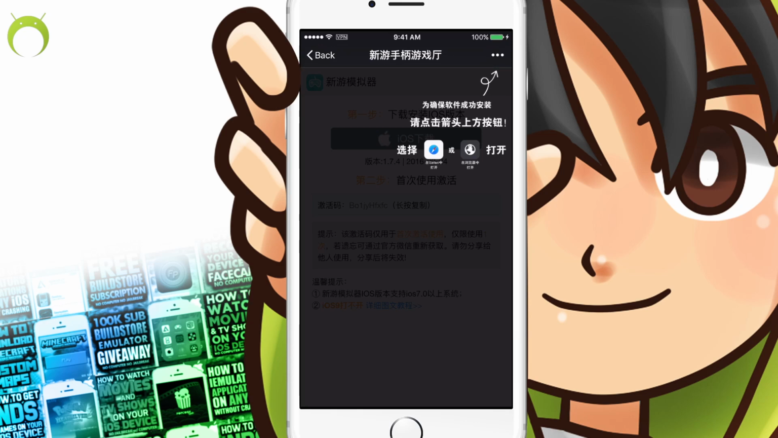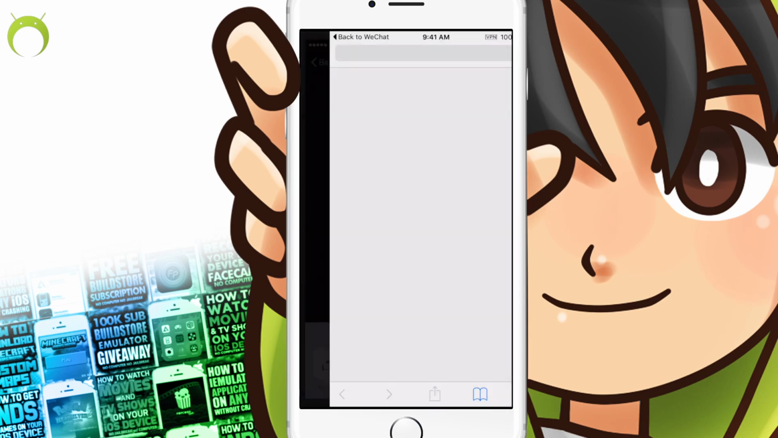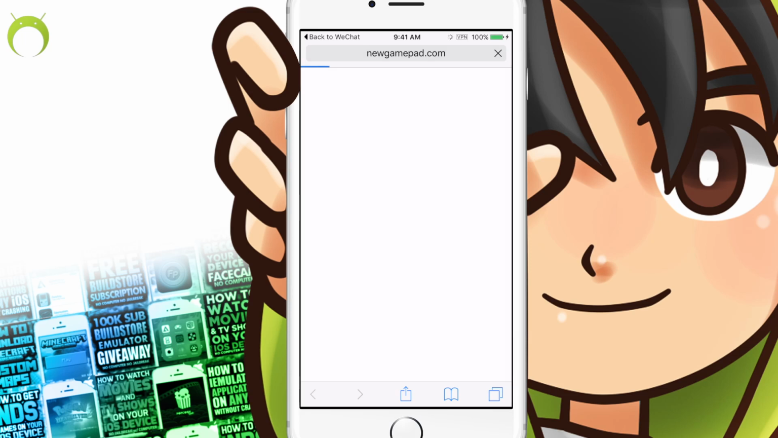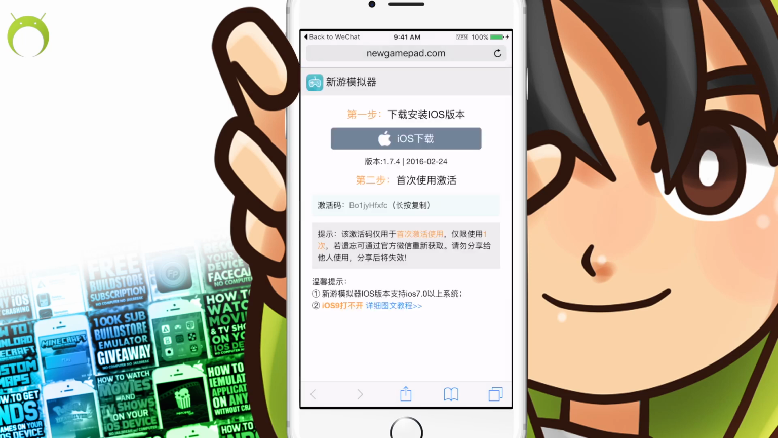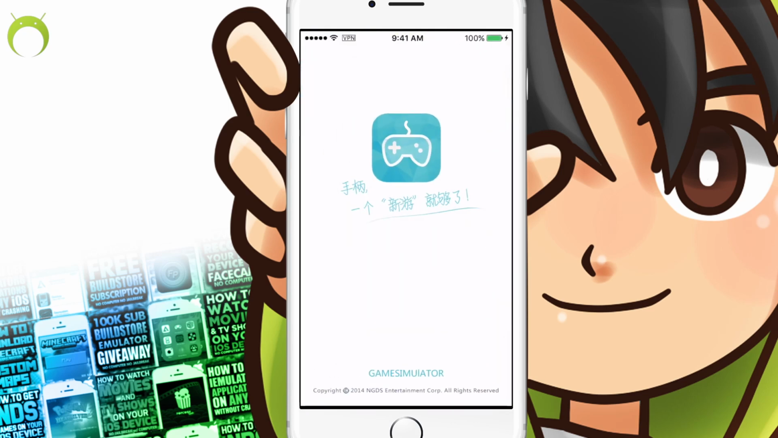Once it loads the page, you want to click on the 3 dots at the top right, then click on open in Safari, and it'll give you a page like so with your own randomly generated code that you see highlighted in the light blue here. So go ahead and copy that unique code, and you will use that to enter into the new 1.7.4 NewGamePad. So once you have it copied, go ahead and go home, open NewGamePad, and you want to